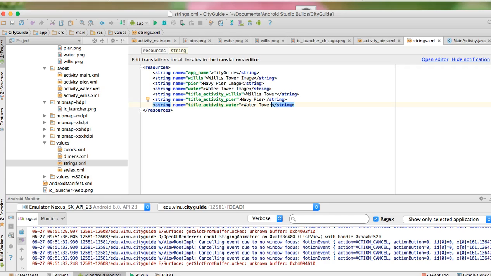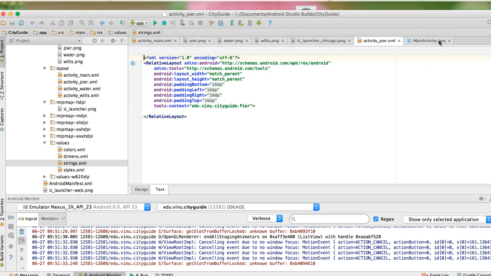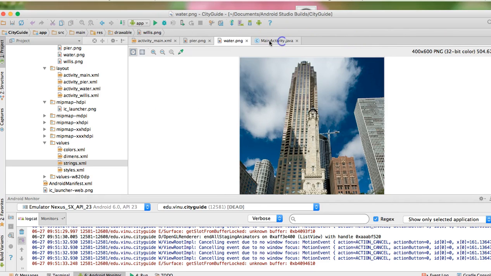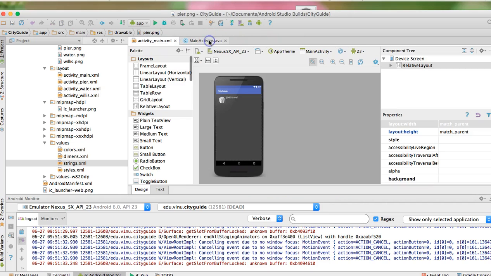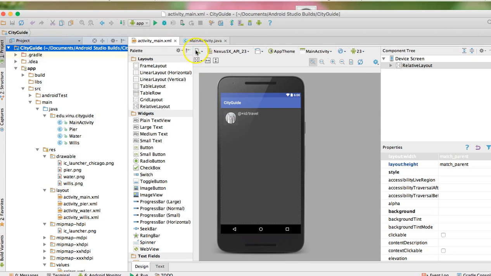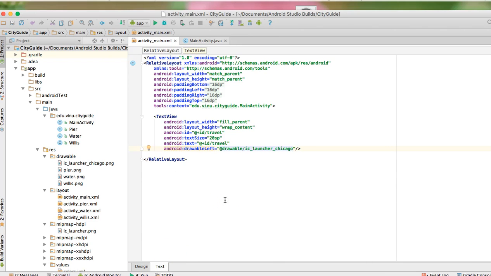The next thing we're going to have to do is put in some XML code manually. So what I'm going to do here is close out my strings.xml, and I'm also going to close out some of these other things that I have open. So let me just clean up these images. And what I'm going to go to is the actual activity main.xml file. And this is the chunk of code that you're going to need to key in